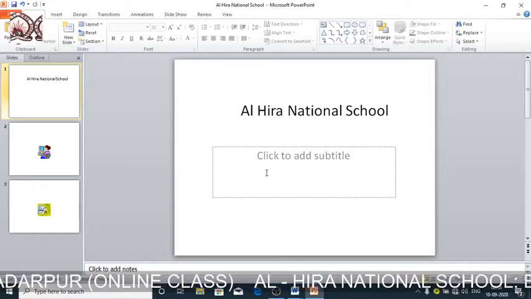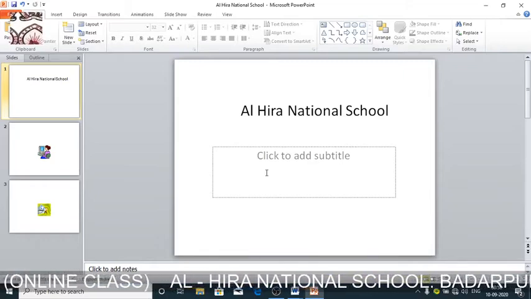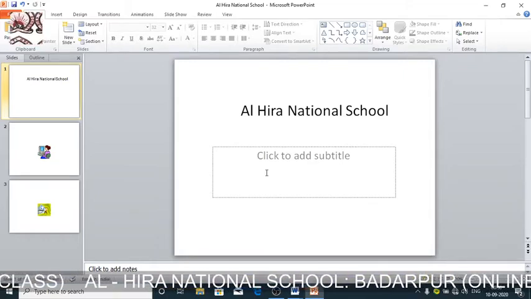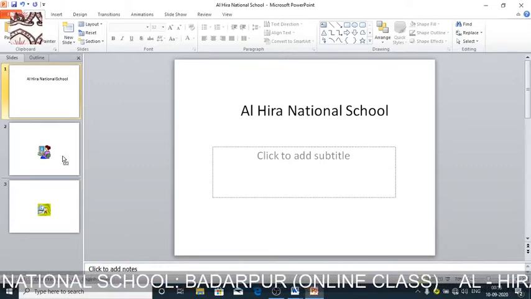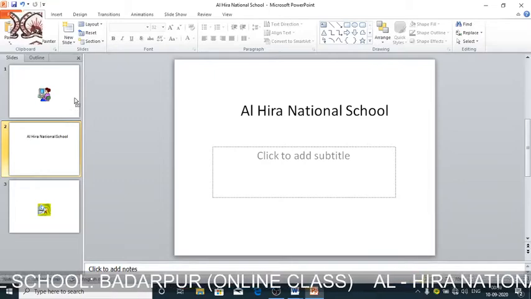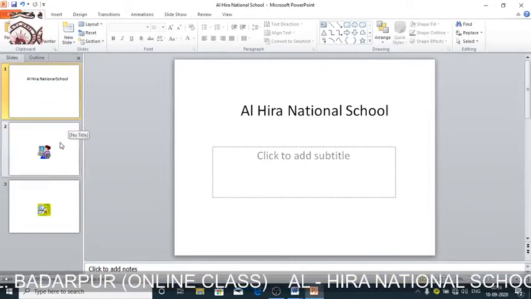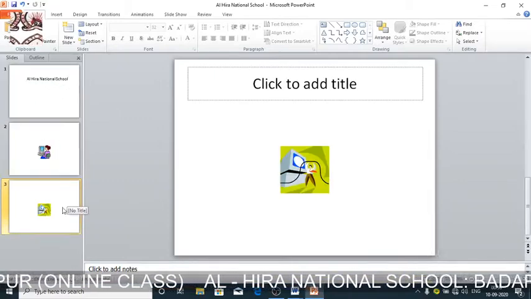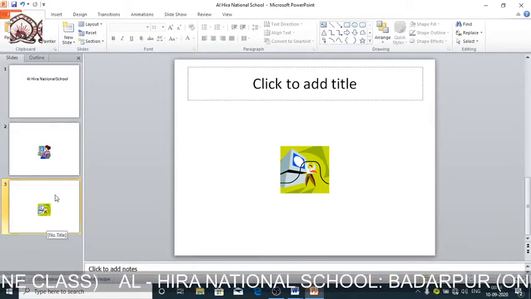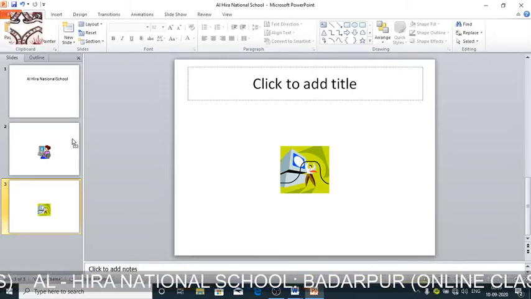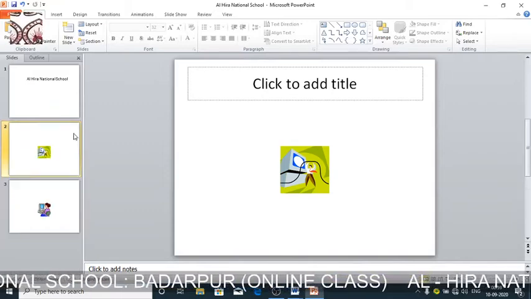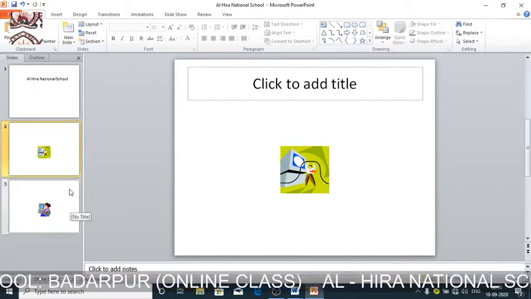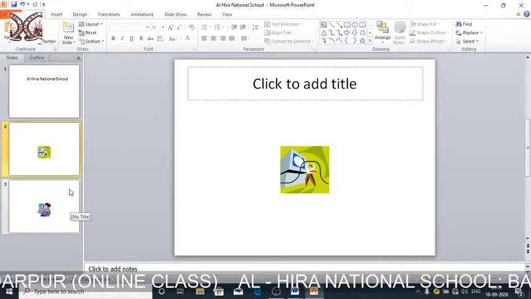Now how can you organize slides? We can organize slides in the slide pane. We select a slide in the slide pane, then drag it to change positions. For example, this slide was the first, this was the second, this was the third. Suppose I want to bring this one to the second position. I just select it and drag, without leaving the mouse, and you can see the position is being rearranged.